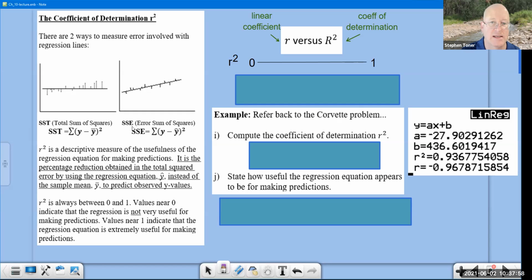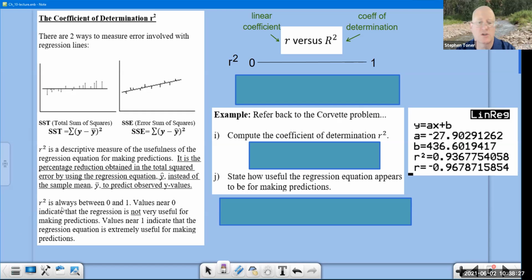That's known as the SSE, the error square. There is another way